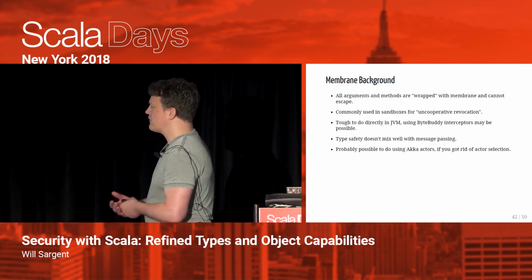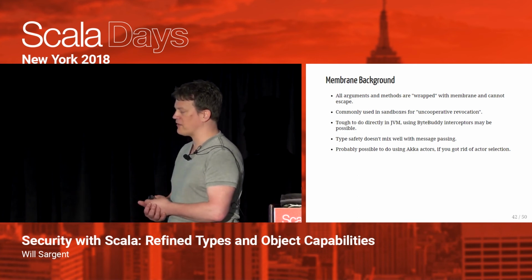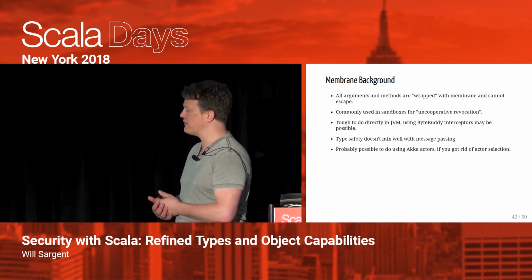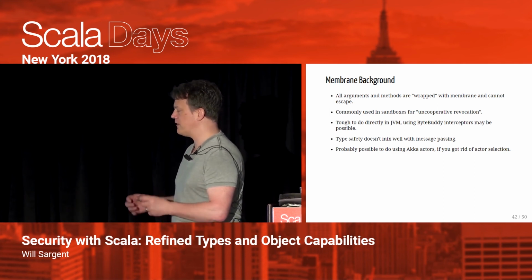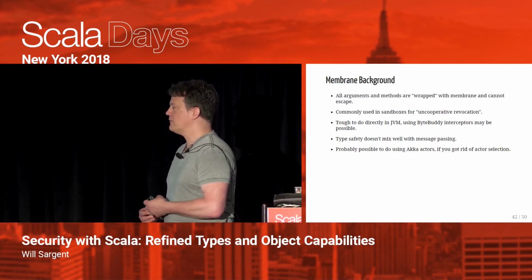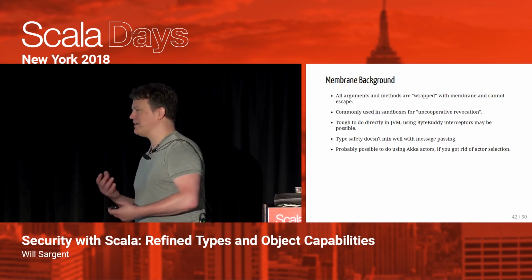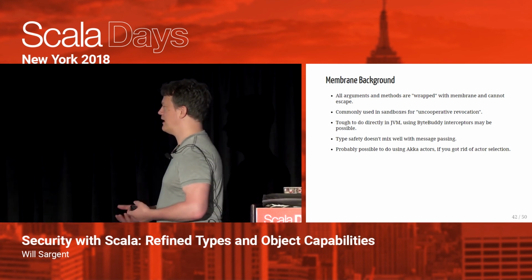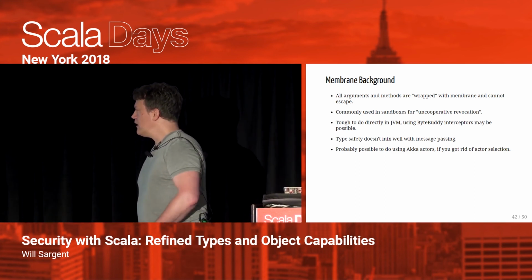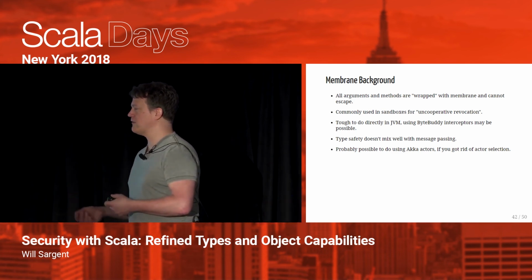So it's used for uncooperative revocation. The best way I can think of to actually do it in the JVM is using a byte-buddy interceptor, which allows you to modify the bytecode under the hood. So that's if you're uncooperative. But fundamentally, type safety doesn't really mix well with message passing because they're not the same, they don't look the same. You could probably do it in actors if you got rid of actor selection or are willing to